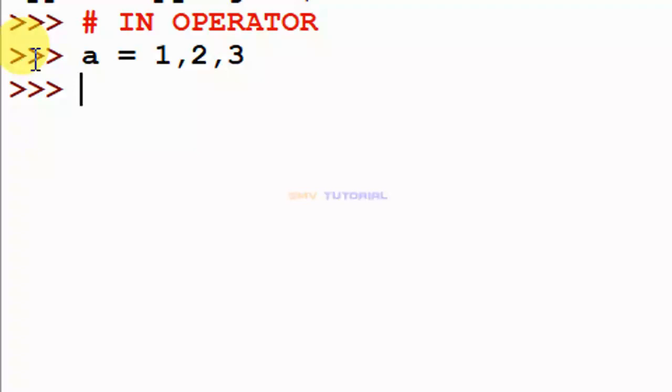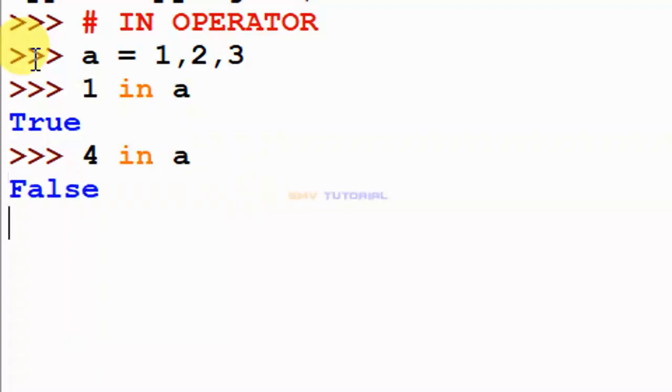I check 1 in A, where in is the keyword of the in operator. This condition is true. And next, 4 in A, this condition is false. Why? Because 4 is not in the object, so this condition is false.